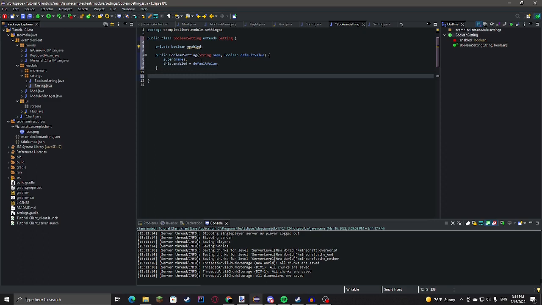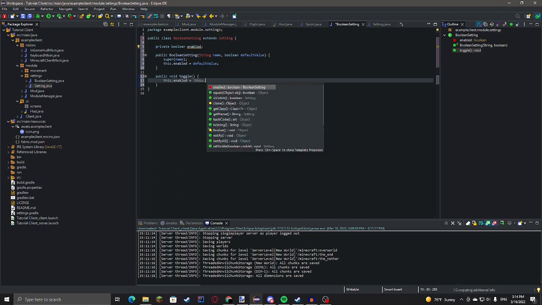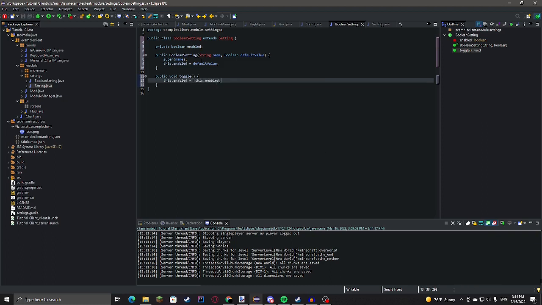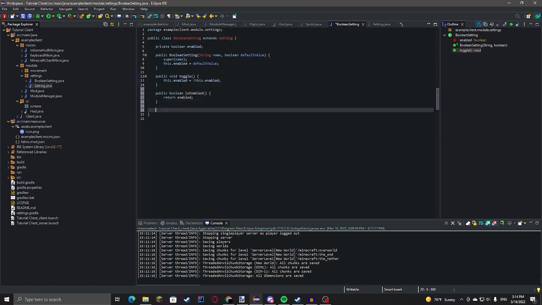Okay, so then we'll do public void toggle. This will just be like the one we did in module. So this dot enabled equals not this dot enabled. Then we want is enabled and set enabled.